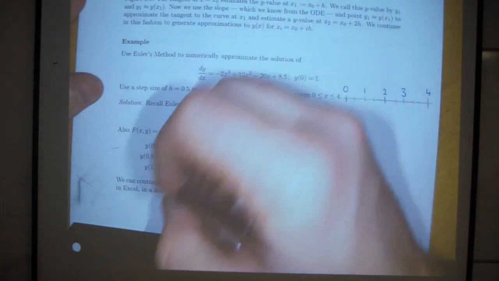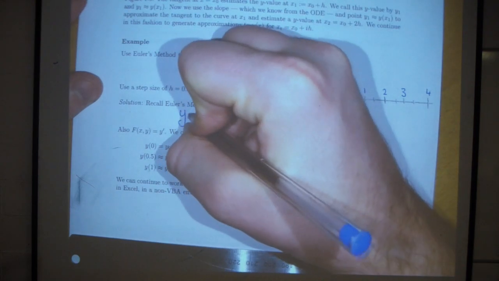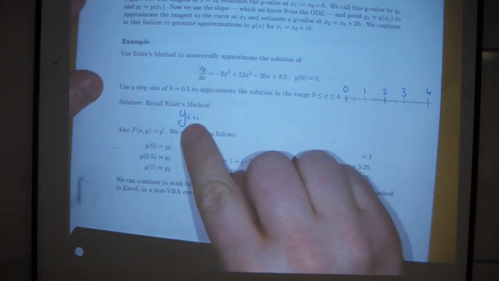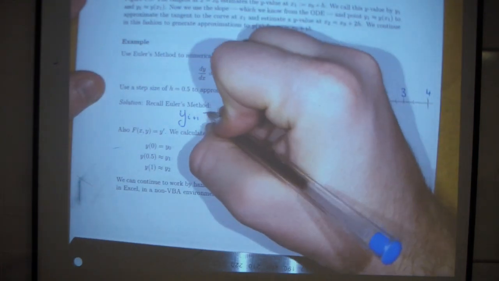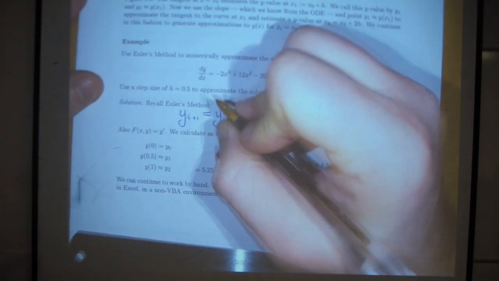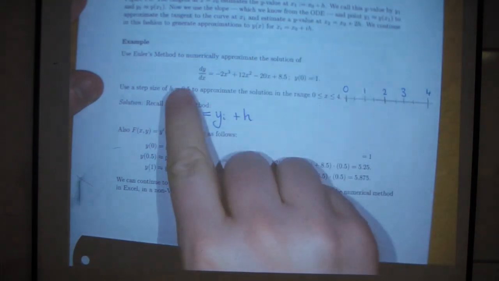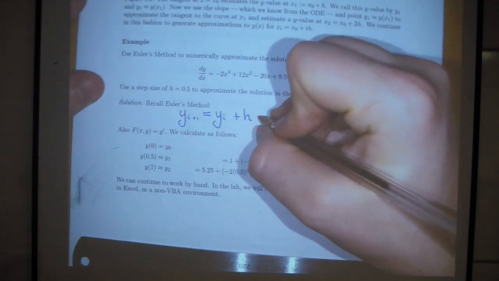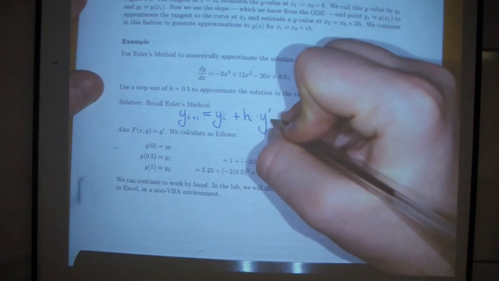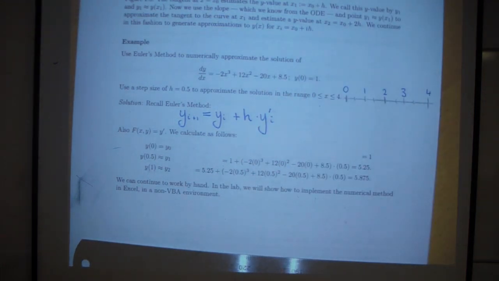Euler's method says that the next y value, so i plus 1 signifying next, is the previous y value, so it's 1 back, plus the step size, which here is a constant 0.5, times the slope at the previous point. So, okay,